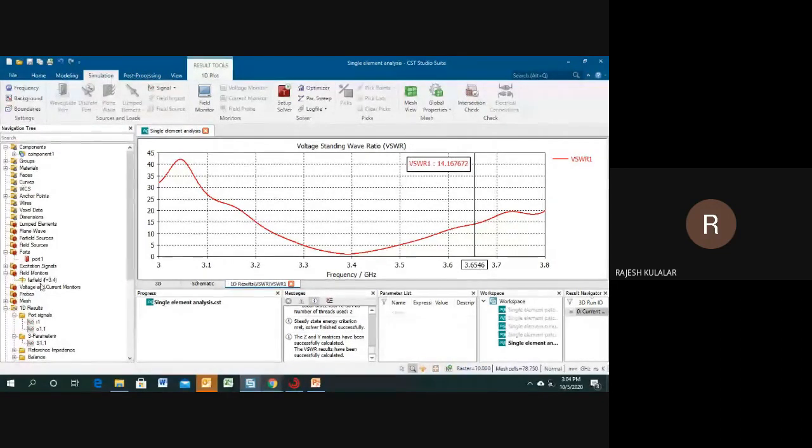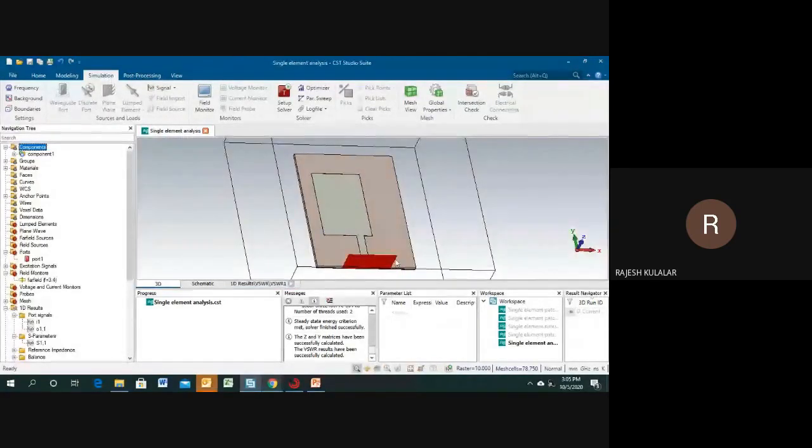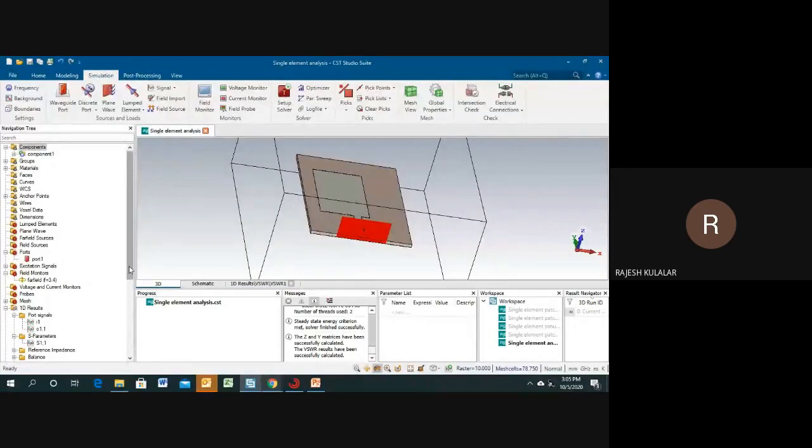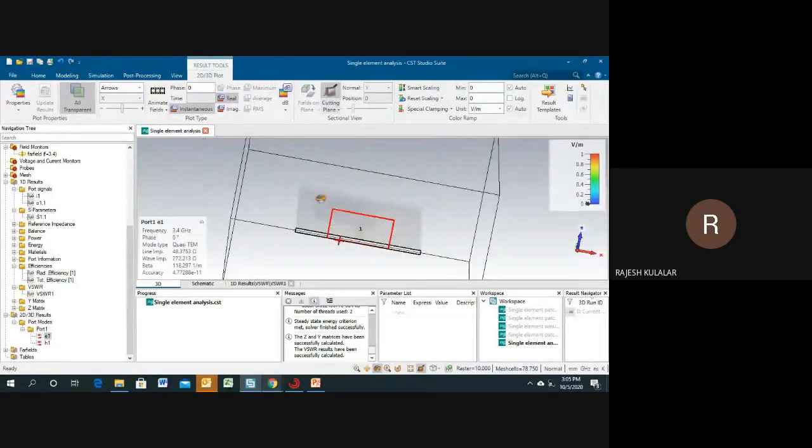So I have defined a far field at 3.4 gigahertz. Now I need to check the 2D and 3D parameters. First of all, what is the mode generation in this port? If you want to check, go here and check the port modes. Click on the port mode E field. You can see the frequency is 3.4 gigahertz, the wavelength is 88.1743, the mode type is quasi TEM, and the line impedance